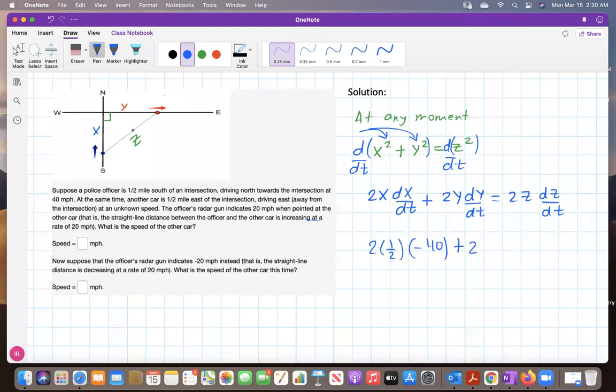So let's just do the substitution numerically, right? Twice y. What is y? They say y is also 1/2 a mile, right? So a mile here. dy dt is precisely what they are asking you to find out, right? So let's just write dy dt here, equal twice z. Z I don't have, but I can find